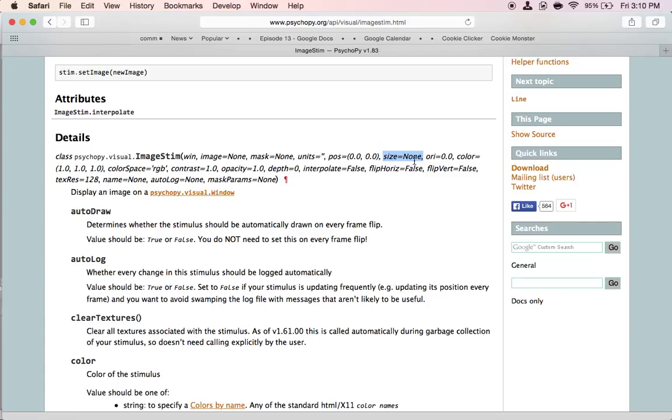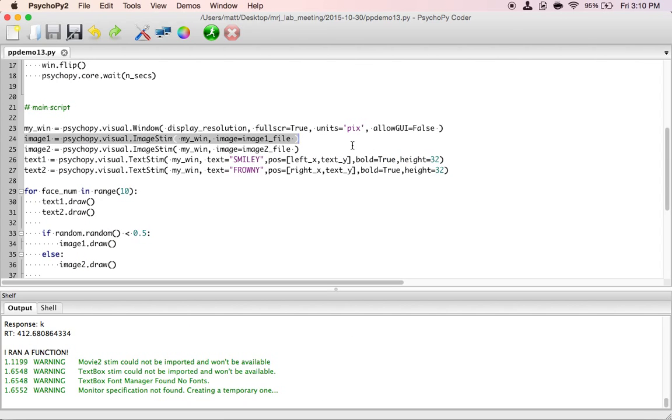If I just put in a window and an image and the number 60 for orientation, it doesn't know that 60 goes with orientation unless I explicitly say what the orientation is, right? Does that make sense to people? So we could even do this. If I just give it an image file, and I put in 60, for example,